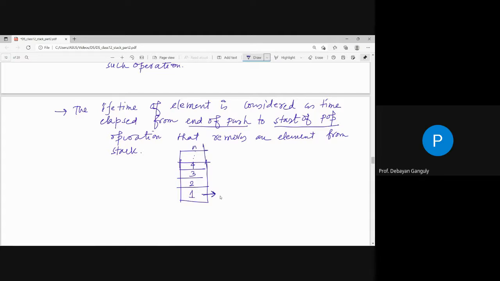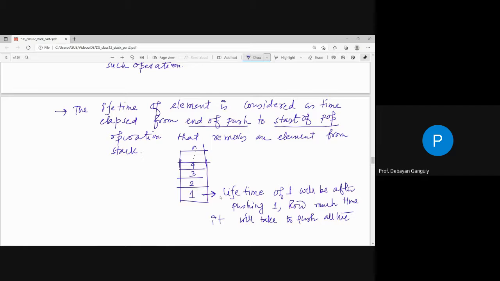তার মানে আমি যদি এর লাইফ টাইম বার করি, তার মানে আমি কি বলতে চাইছি, লাইফ টাইম যদি বার করা হয়, দ্যাট মিনস লাইফ টাইম অফ ওয়ান, দ্যাট অ্যাকচুয়ালি উইল বি আফটার পুশিং ওয়ান, you can say how much time it will take to push all the elements, 1 to n পর্যন্ত বাকি এলিমেন্ট, 2 to n পর্যন্ত বাকি এলিমেন্ট পুশ করতে যত টাইম লাগবে, and pop all of them।